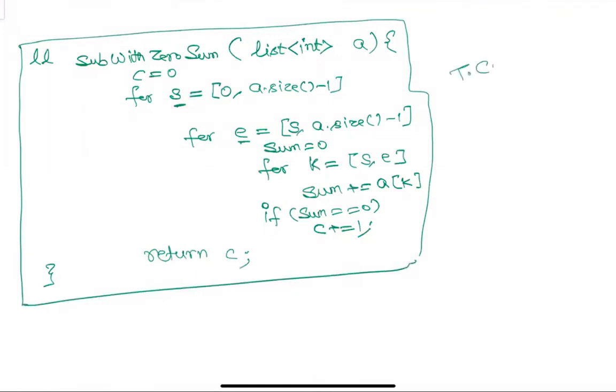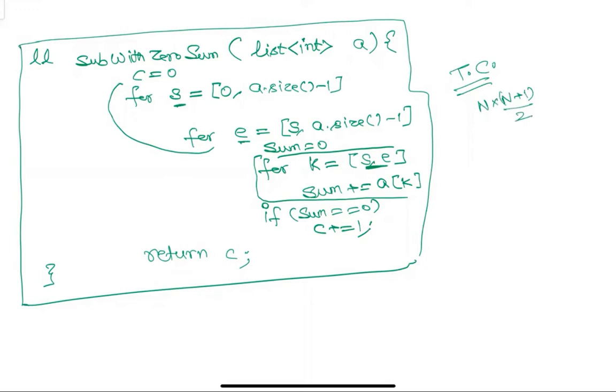What is the time complexity of this? The outer two loops, as we just discussed, generate unique S and E combinations, which is n into n plus 1. In the worst case, if you say this is n, bigger-O wise, it will be n cube. Otherwise, you are doing n into n plus 1 by 2 subarrays, and inside you are finding the sum of each subarray, so this is into the size of the